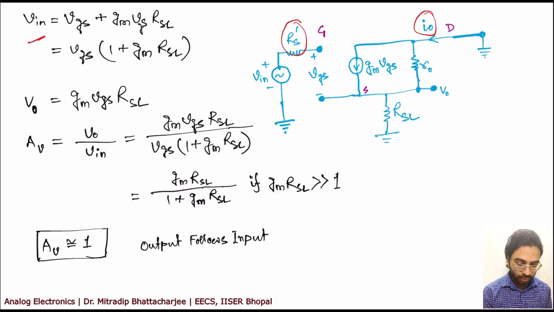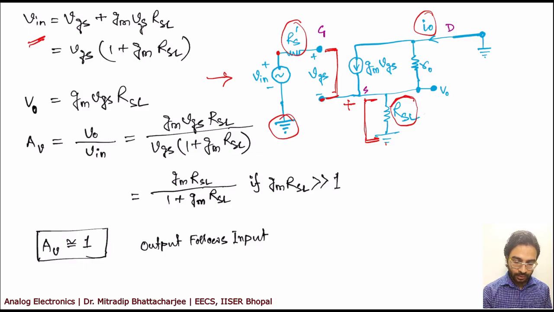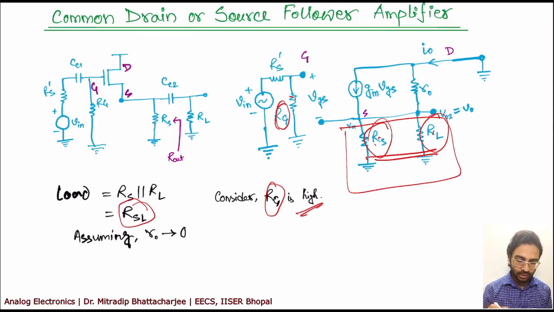Now if you look at the input side, your Vin will be the voltage across these two terminals plus the voltage drop across this resistance. Is it clear? From this side, this is your Vin, between this terminal and ground. But on this side, this is not ground, this is your source. Your source is connected to ground via this RSL. However, you can also consider this RS. Most of the time I have shown you that we don't consider the RL value, because this is an external load resistance.